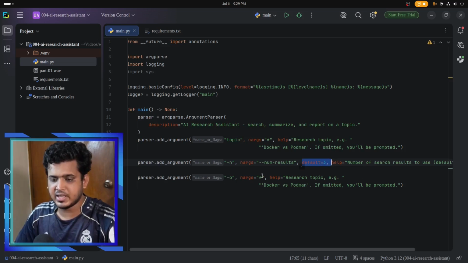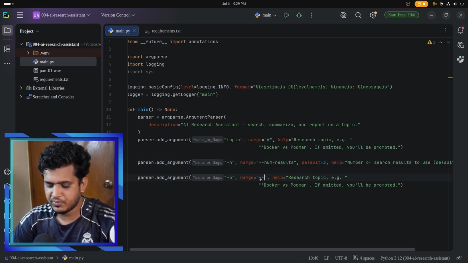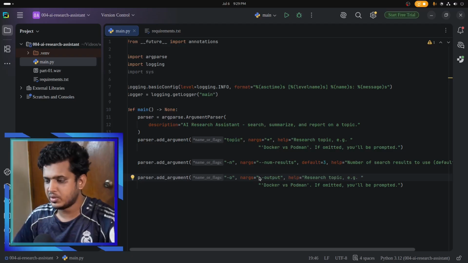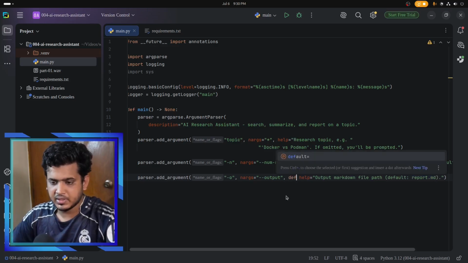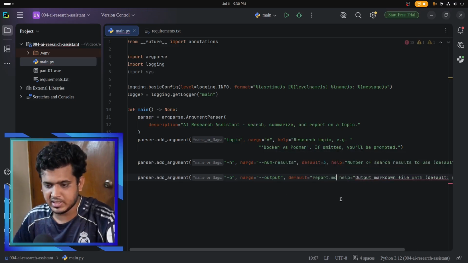And here this is the output. This is the help text: output markdown file path. Default is report.md, so let me say default. This is the default file name for our report,